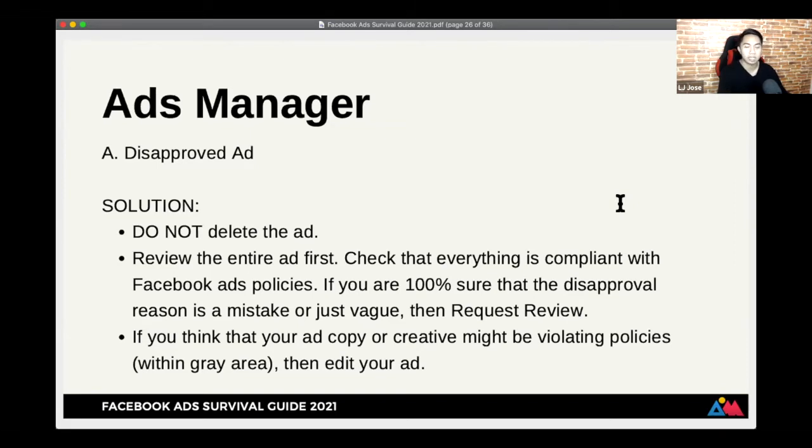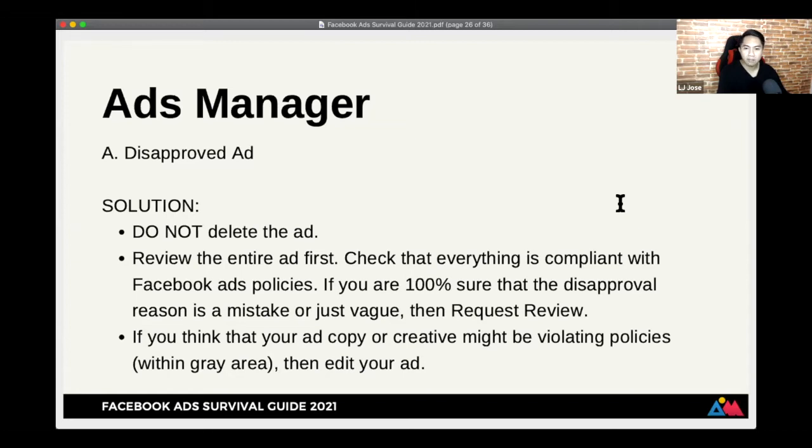Diba? If you will look at the case studies ni Facebook or success stories, you can research it. Facebook ads case studies, or Facebook ad success stories from the Facebook website talaga, Facebook business website. You will know kung ano yung mga niches or industries or products na pinapabora ni Facebook. Okay? So you will get an idea there kung ano yung mga okay pala i-advertise kay Facebook. So there's a lot. There's a lot actually.